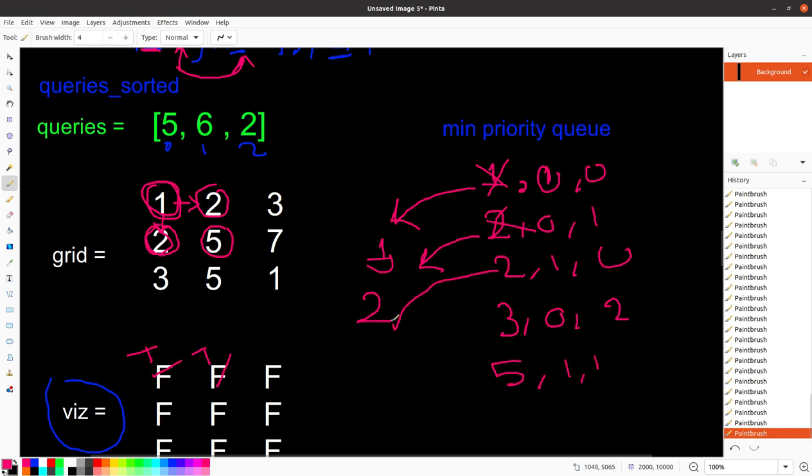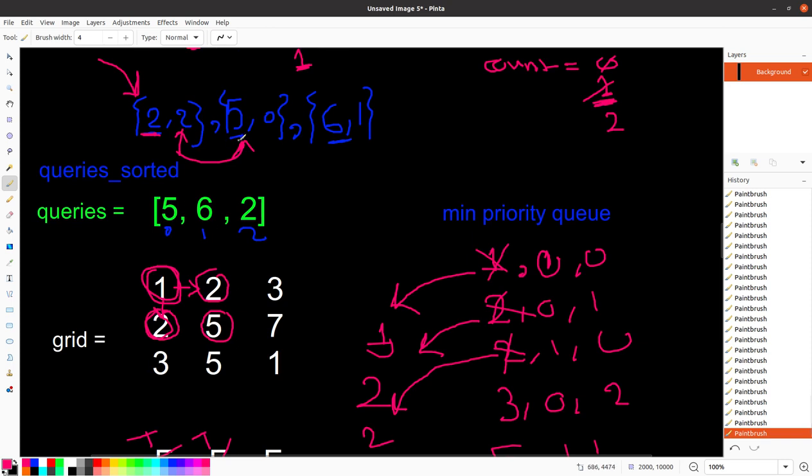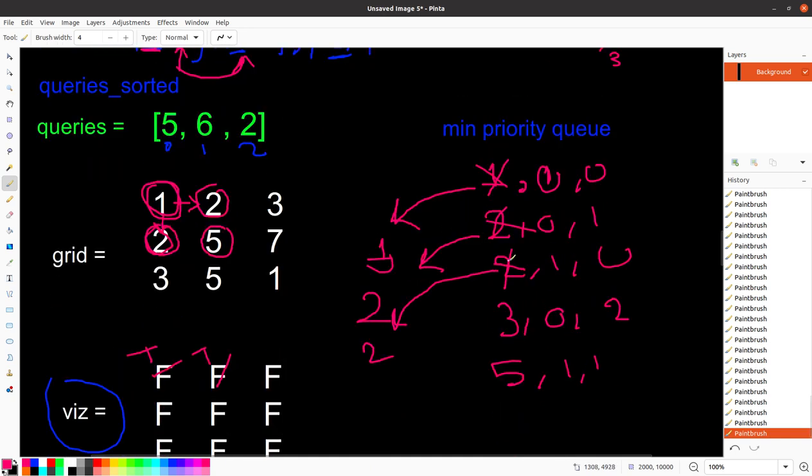Then we pop this item from the queue. This item 2 is less than the current query 5, so we increase the count by 1. The count becomes 3, and